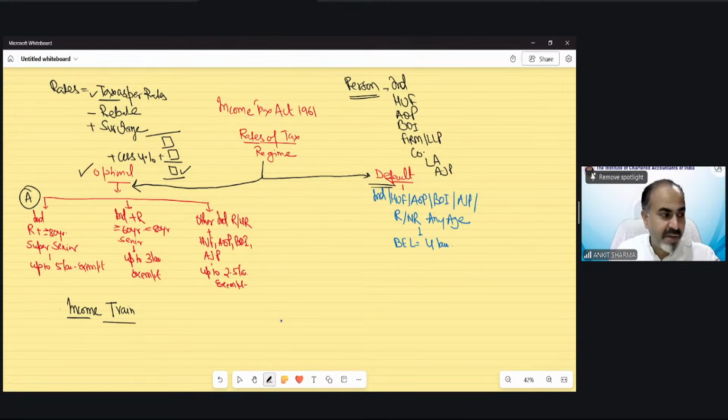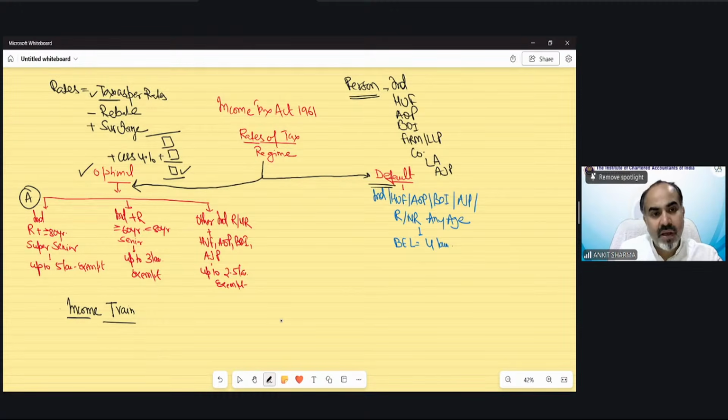So in the question, we have to find out which person this is. As I told you in the first class, if a client comes to us, then first of all, we have to ask, what is your constitution? Whether you are an individual, HUF, AOP, BOI. Why? Because the rates of tax and the provisions could be different as per the person category. Because the rates are different, we have to know what category of person we are dealing with to find the correct tax liability.